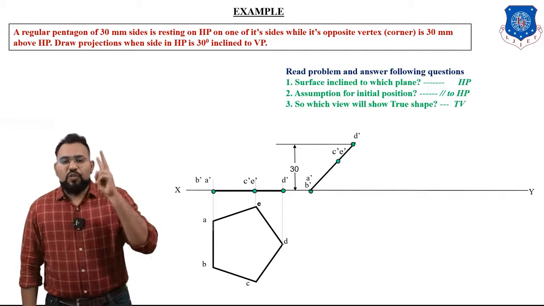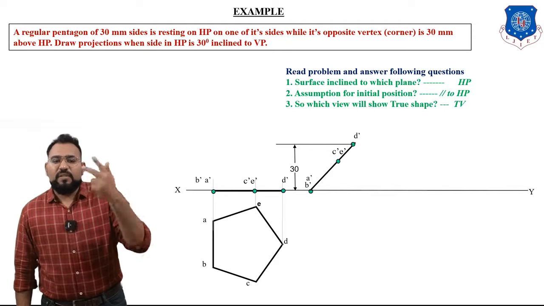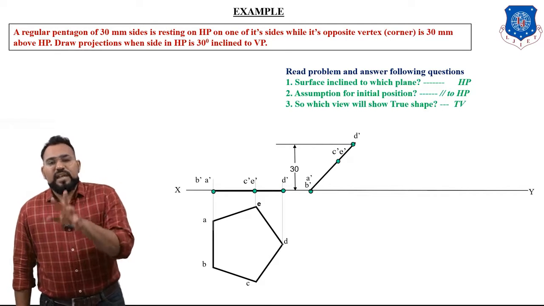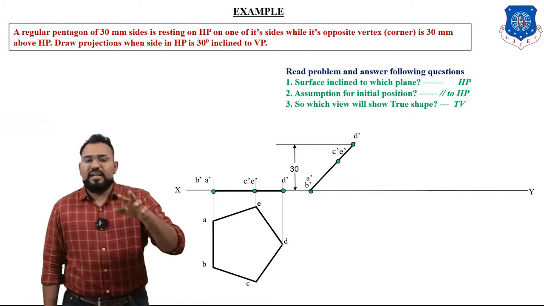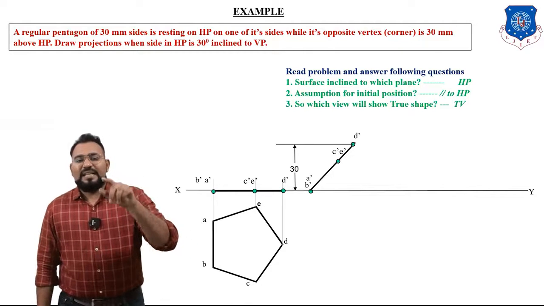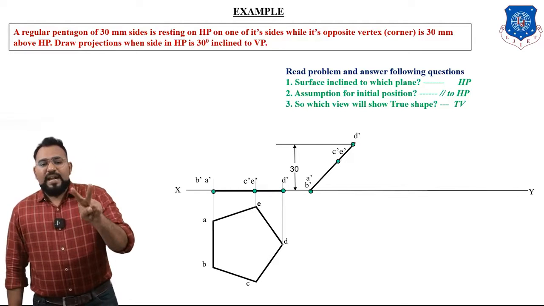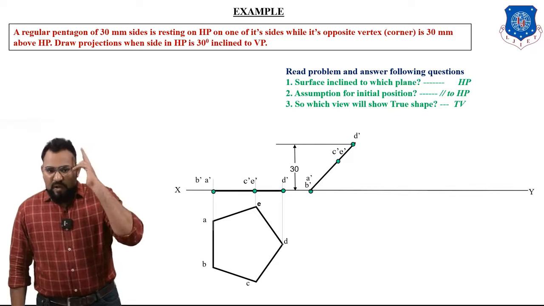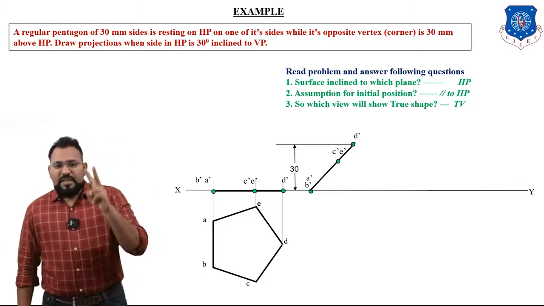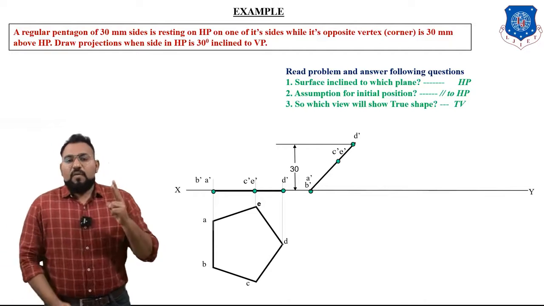You know that the front view of the first stage and the front view of second stage both have the same dimension. You can see that in first stage, the line A dash B dash, C dash, E dash and D dash. So take the dimension equal to A dash B dash to D dash. In the first stage front view, take a divider and take a dimension equal to A dash B dash to D dash. Okay, now come for the second stage.